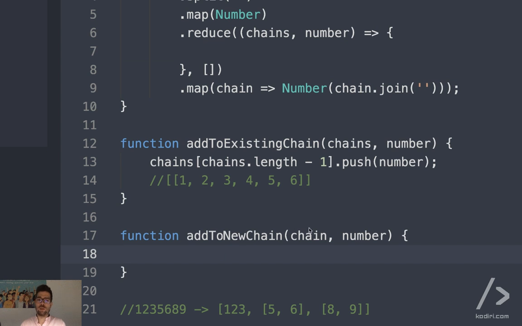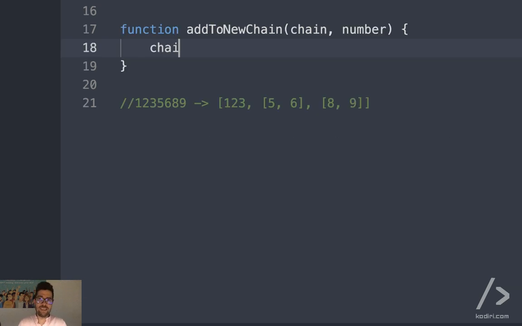Because I know that the numbers are consecutive. But what happens if they are not consecutive? If they are not consecutive, essentially, what I want to do is that. I want to add a new subarray, because once I have the new subarray, they can add 8, 9. Yeah? So add to new chain, that means change